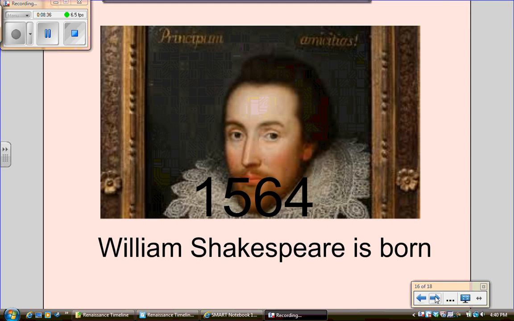In 1564, the preeminent English author William Shakespeare is born. Shakespeare writes over 37 plays, he writes numerous poems, and he profoundly changes the shape of the English language. He invents a lot of words that we take for granted today, such as eyeball and assassination, and another number of words that he simply invents by putting words together that already exist to create a word that he needs. Shakespeare is a very English playwright and author, and pretty much sets the style for English writing at that point.